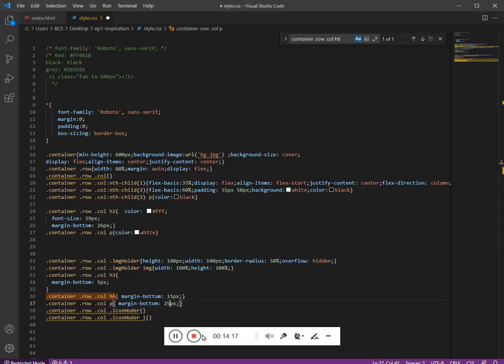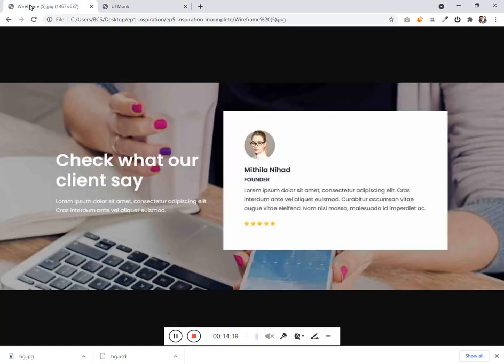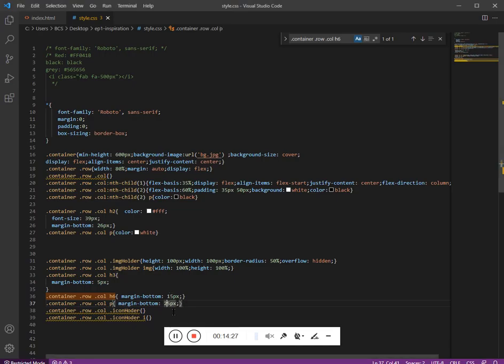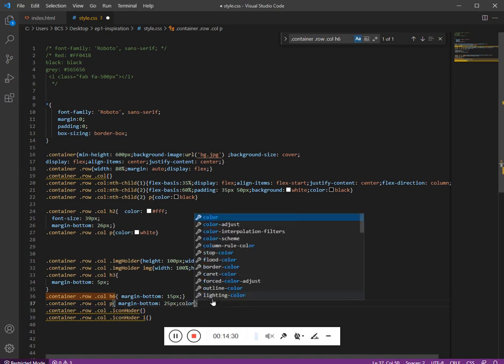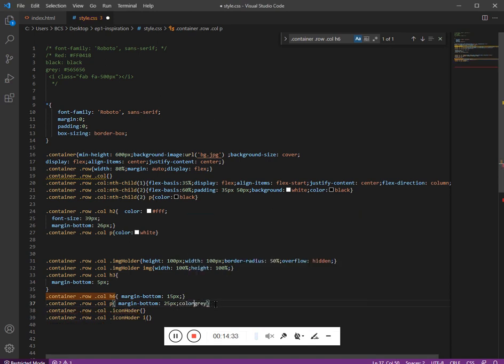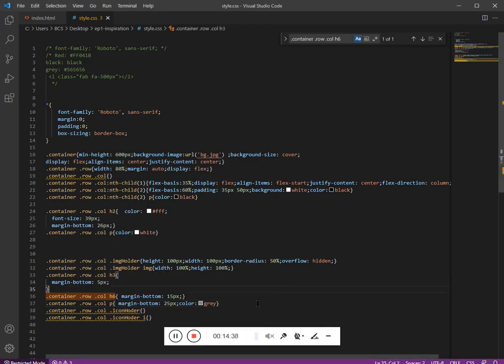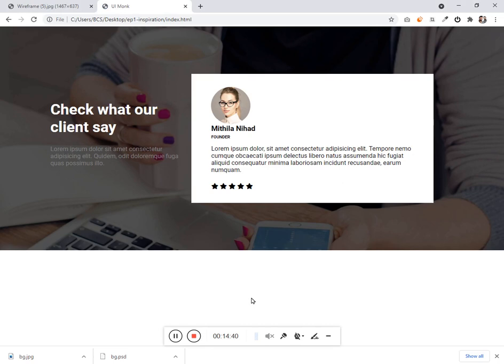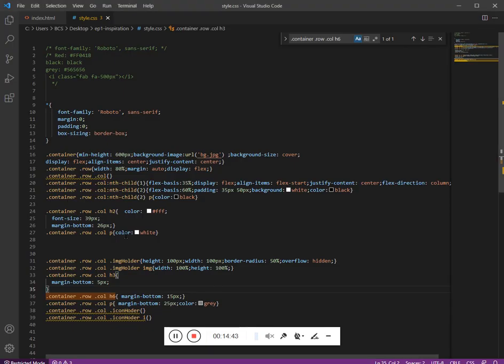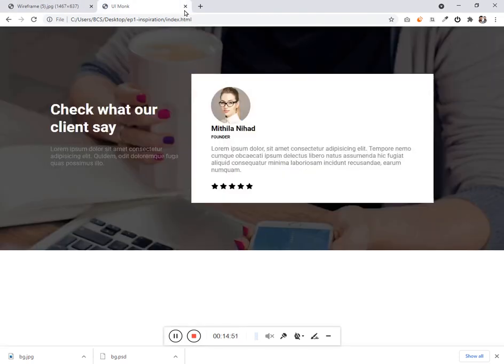Let's make this 25, and you can give the color for the paragraph gray. So here we'll make this as gray, and for all the icons let's have the color